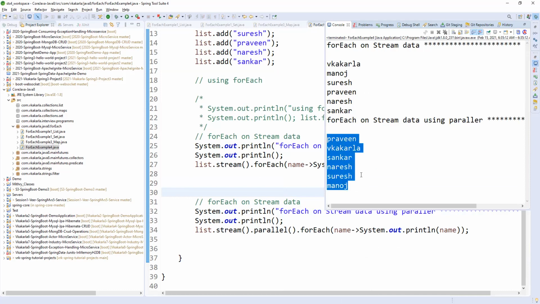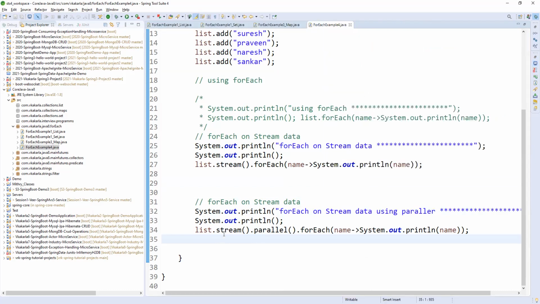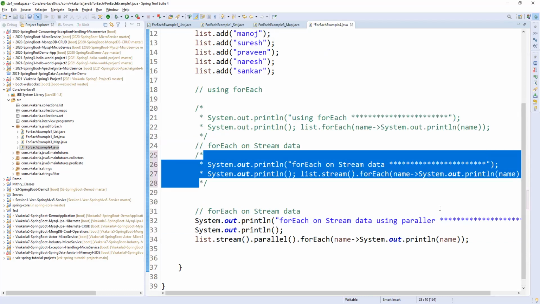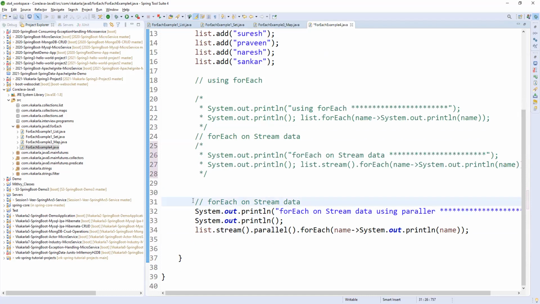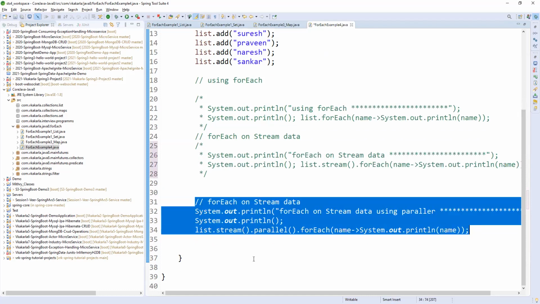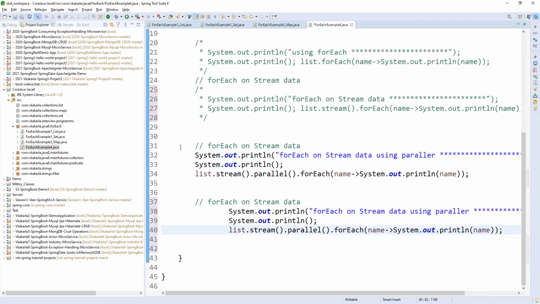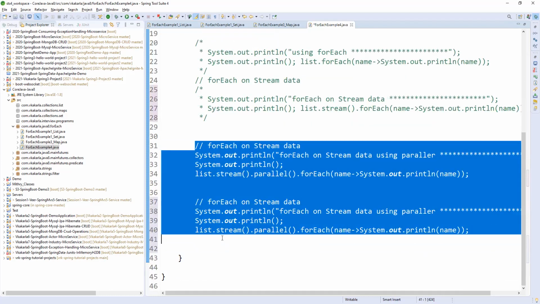If you want to maintain order while using parallel stream, and still get better performance, it depends on your requirement. You can copy this and comment out the previous one. Now forEachOrdered is a method we can use with parallel stream to maintain order.